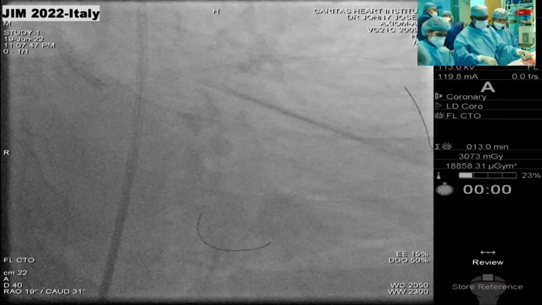See, generally, let him do that NC balloon dilatation of the mid LAD